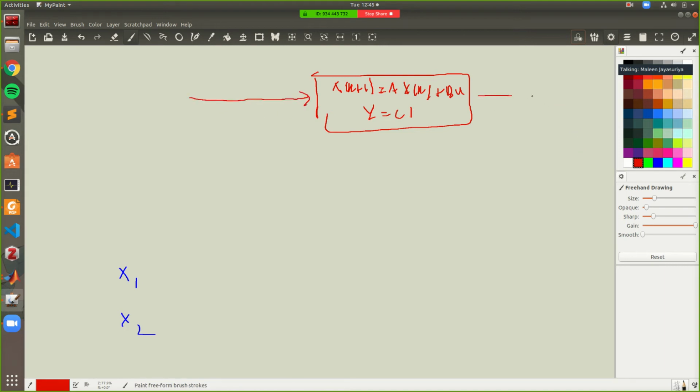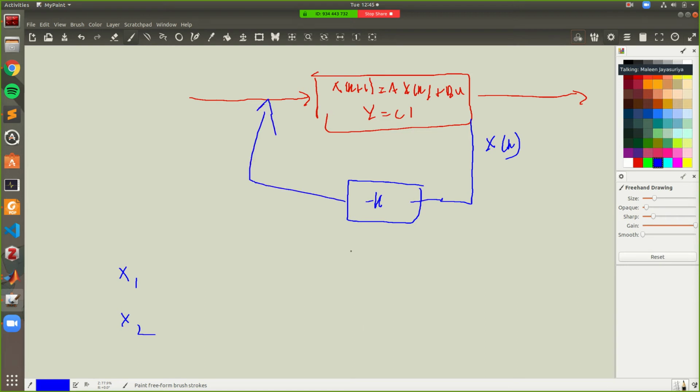But then if we want to do pole placement or some sort of closed loop, we sample the states, and then we put a gain matrix K, and then we feed it back. And what we do is we make U equals minus Kx to do pole placement.